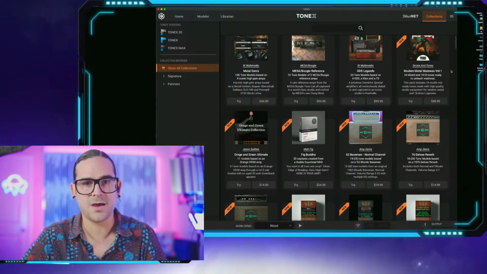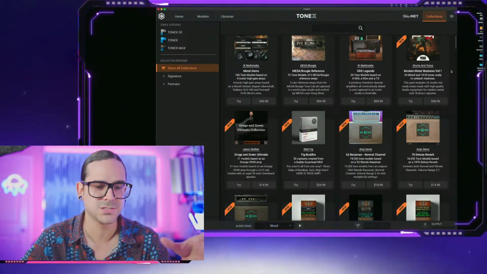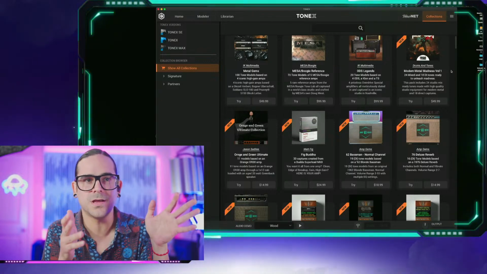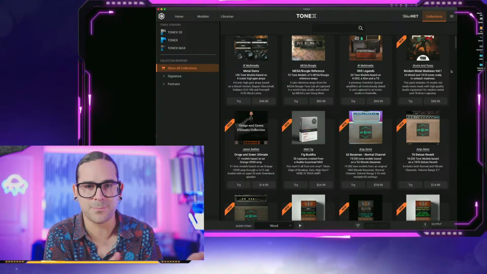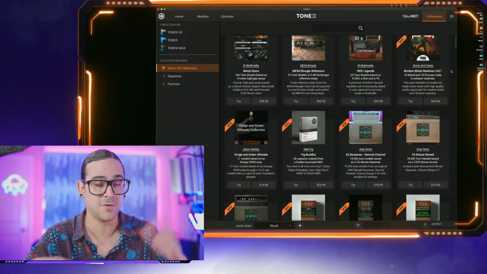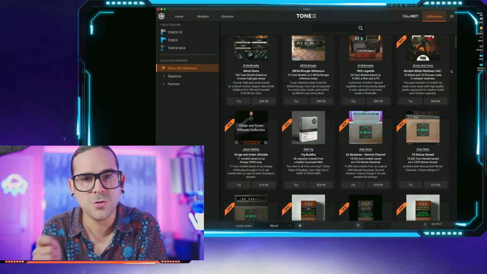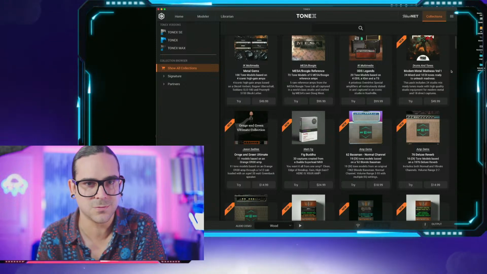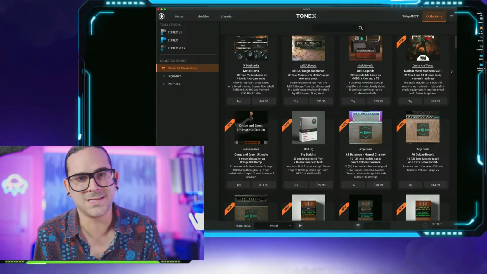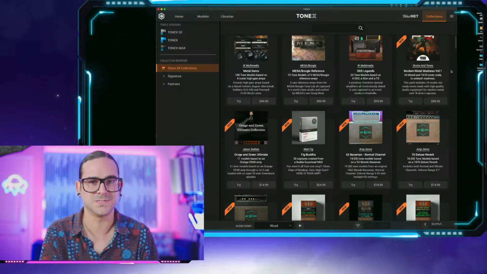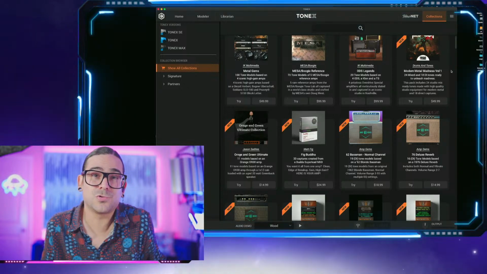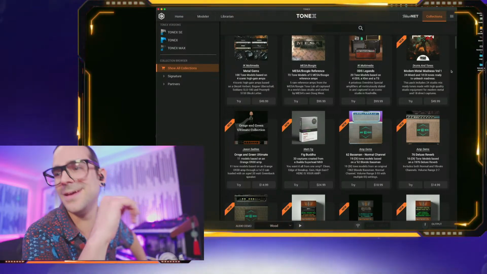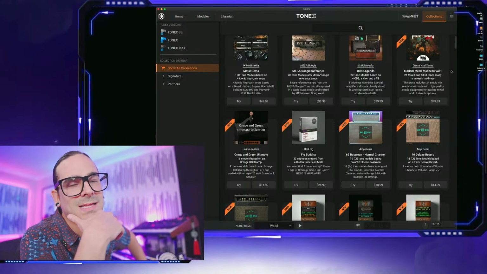Because we know by now that the thing about Tonex is they basically are selling you a snapshot of a setup, a snapshot of a setting in an amp or in a pedal or a signal chain, whatever it is that they're doing. And then the EQ and all that kind of stuff that they put is just after the fact. So you're just altering the signal instead of changing stuff like you're actually turning knobs in an amp, which is sort of my little gripe with Tonex. Not a gripe, because I don't have gripes, but that's the only thing that